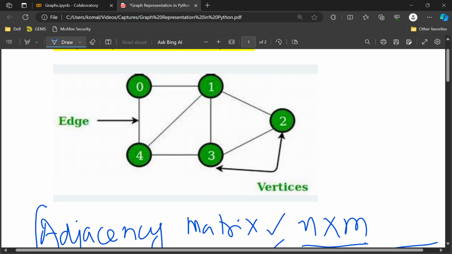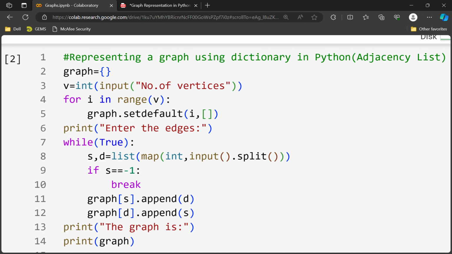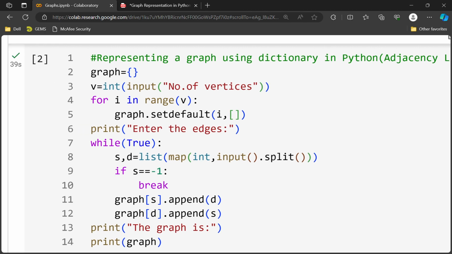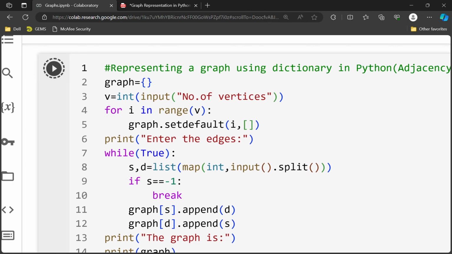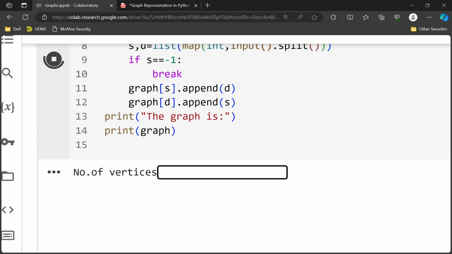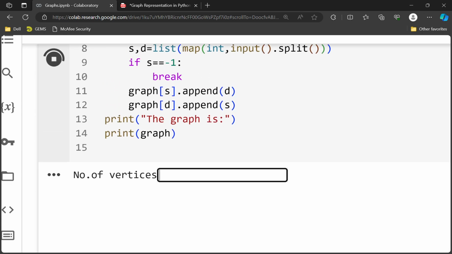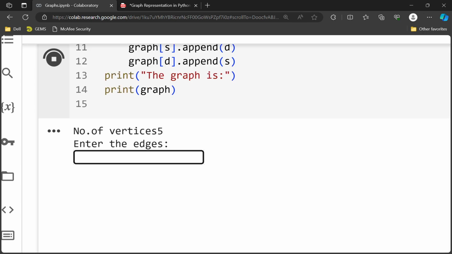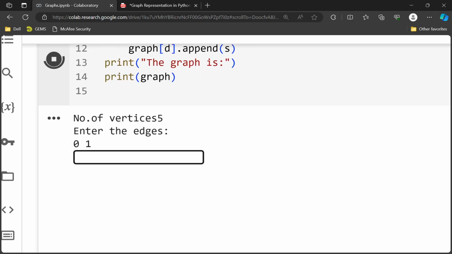Now let me run this Python code with these given vertices and edges. So this is the code I have written in Python. Let me run this code. How many number of vertices are there? 5 vertices are there, 0 1 2 3 4. Okay, I am giving that 5. Then we have to enter the edges one after the other. 0 1 is one edge, 4 1 is one edge,